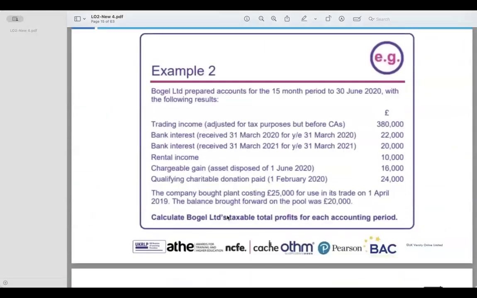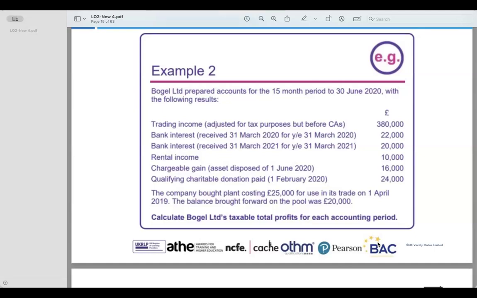Same, there is another example. In this example, we have Bogle Limited, a company that prepared accounts for a 15-month period ending on June 30, 2020. So if we quickly break down the information provided and calculate Bogle Limited's taxable total profit for each accounting period,